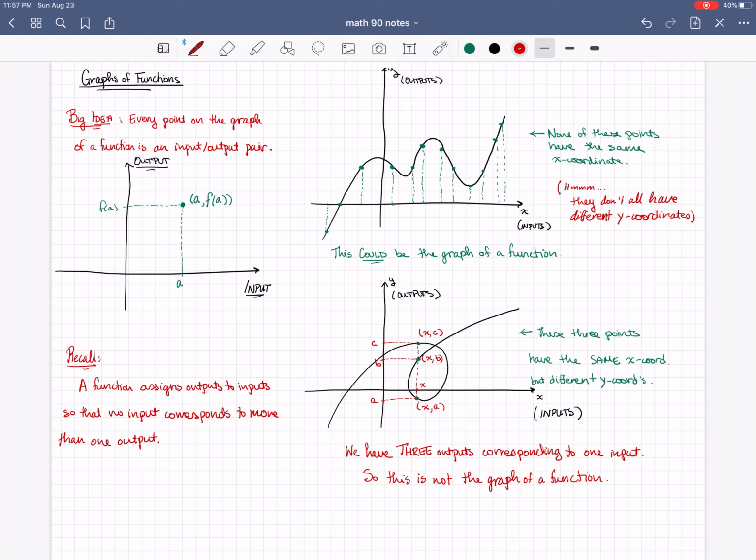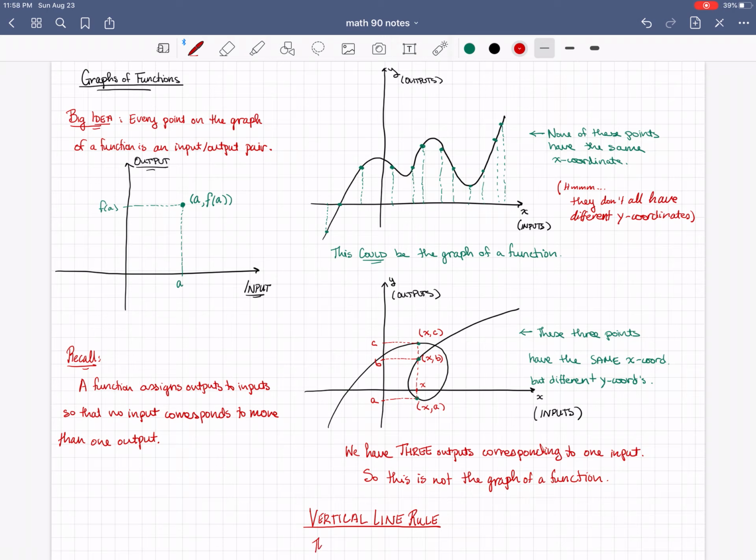What I'm referring to is something called the vertical line rule. The vertical line rule says that since a vertical line consists of points that all have the same x-coordinate, in some sense that's the definition of a vertical line,